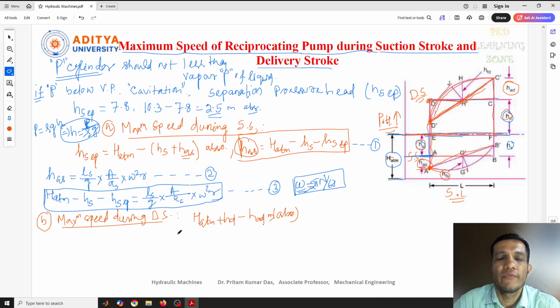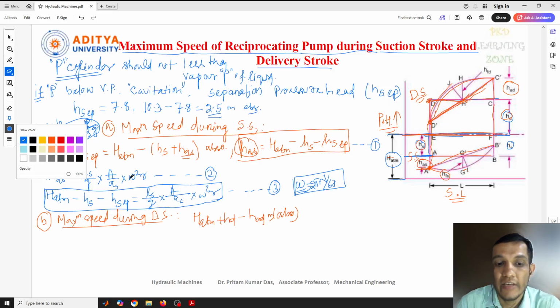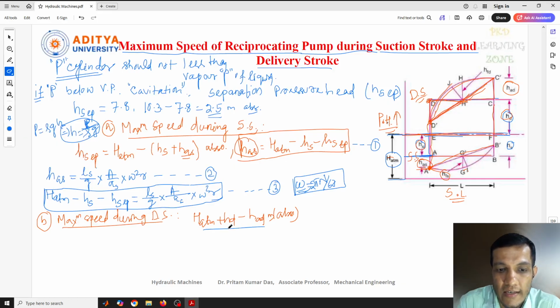Okay, if the separation is to be avoided, the pressure head should be more than the separation pressure head. So what I mean to say is, if separation is to be avoided, the above pressure condition should be more than the separation pressure head. For limiting cases, we can write H separation,